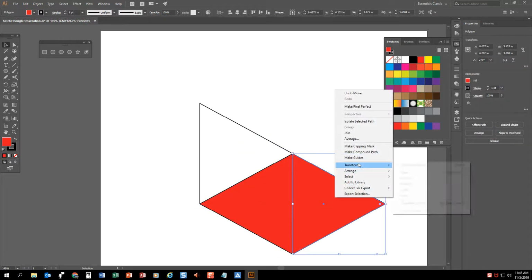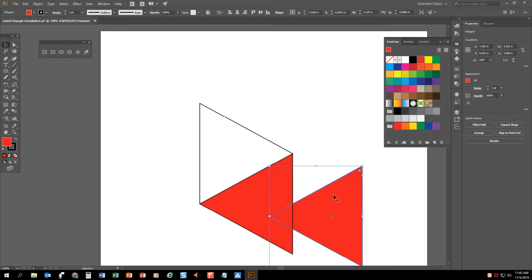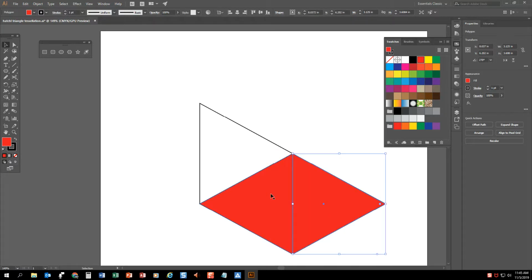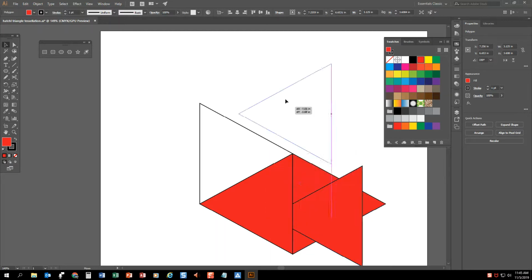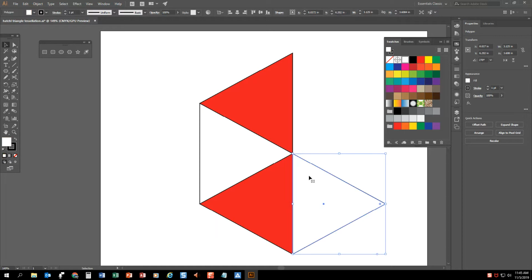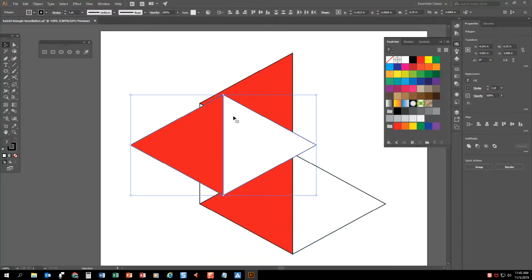Okay, I'll take this one, transform, rotate, another 60-degree, whoops, I didn't hit copy. Oh well. Transform, rotate, copy. Okay. You can see the pattern is starting to build. Press D to give that the default black and white. And then to kind of give you a visualization of how this tessellates together in tiles, if I press Control C, Control V, and then I rotate it